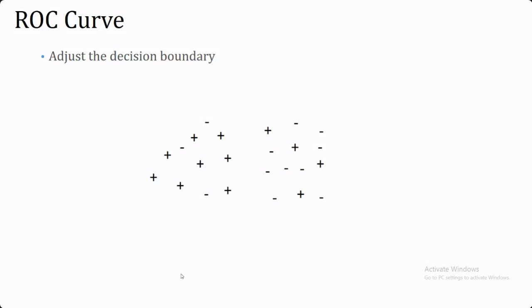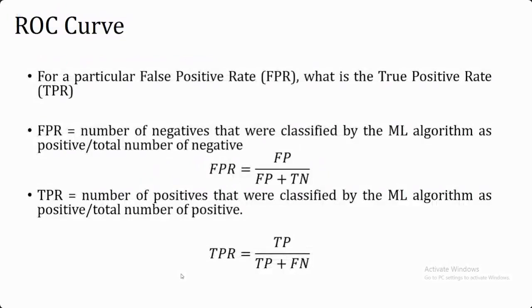Now here, based upon my defined criteria, I am going to draw a boundary. One side of the boundary will be considered positive, and the other side we are going to consider negative. As the placement of the boundary changes, the values of all four, true positive, false positive, true negative, and false negative, are going to vary. But our main interest is to find these four, so based upon that only we are going to quantify.